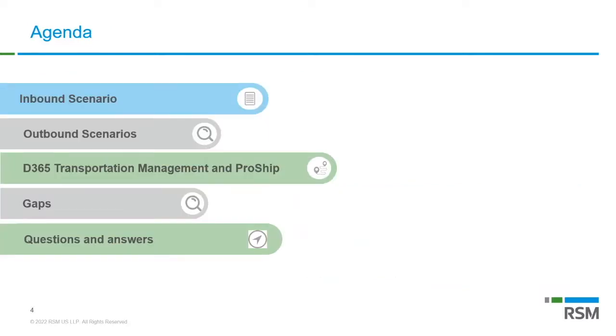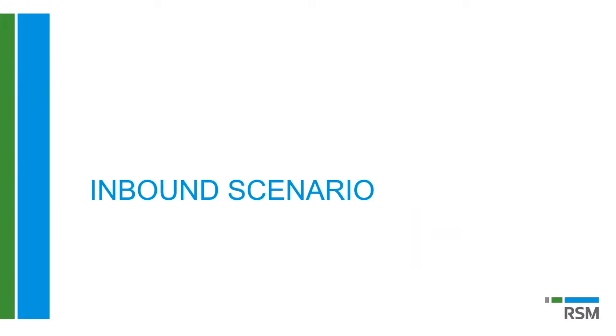So just what we're going to go over today. We're going to go over a quick inbound scenario. We're going to go over 3 outbound scenarios and what those can look like, what the D365 transportation management and ProShip solutions can do, gaps that those solutions have with some potential solutions, and then we'll go through a quick ProShip execution and some questions and answers. So just real quick first, our inbound scenario